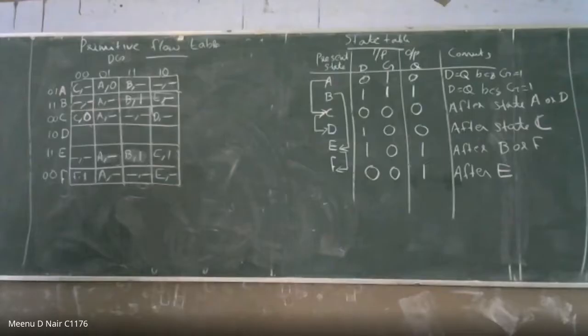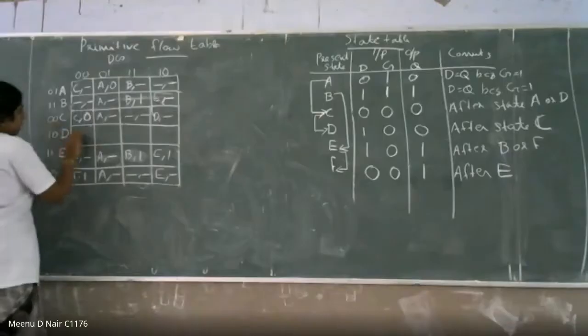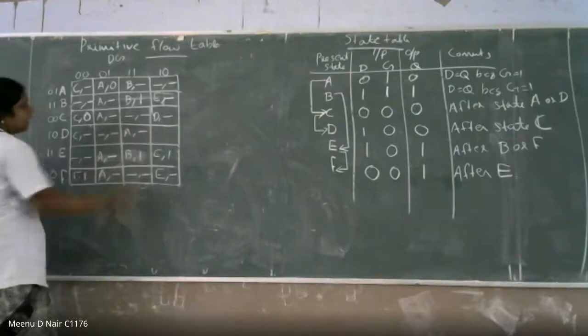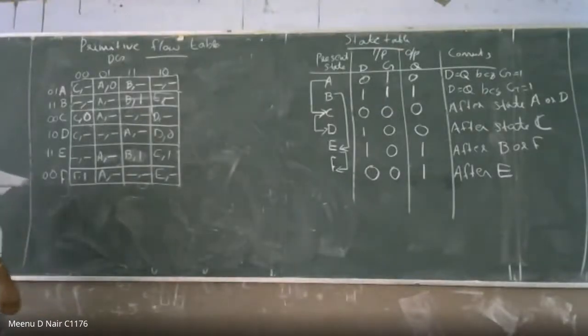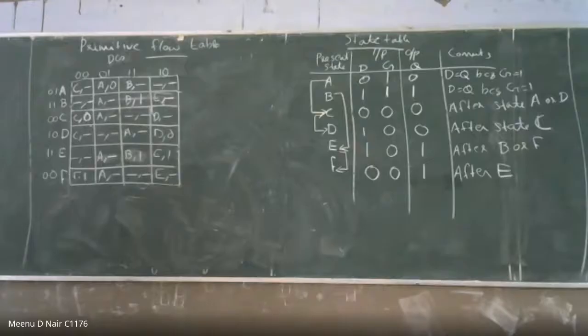No, the answer is wrong. Okay. Harishma comes with an answer for the row D. We'll copy it, then we'll come with an answer. C comma dash. Dash comma dash. A comma dash. D comma 0. C comma dash comma dash. Only thing you need to check is this one. A comma dash.